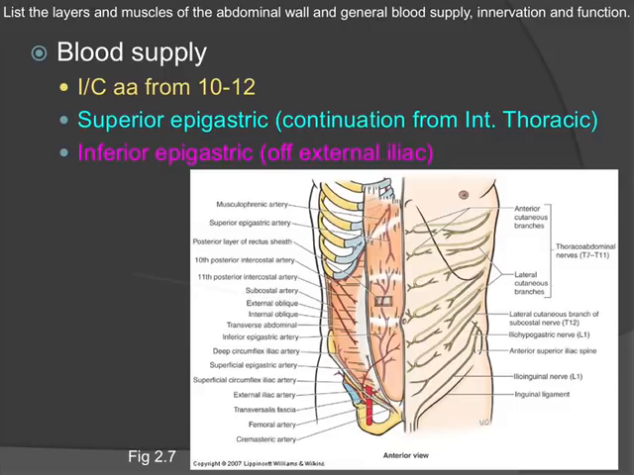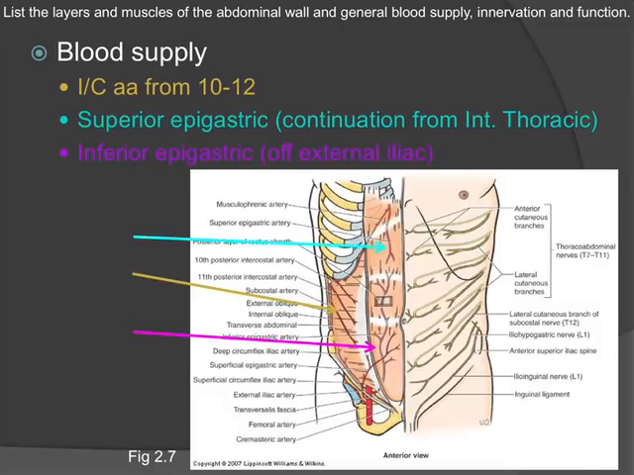So starting with blood supply, 3 major blood supplies to the anterior abdominal wall, and those are listed here. In yellow, the intercostal arteries, which are running in the intercostal or the costal groove, are going to extend from the ribs toward the lateral abdominal wall to supply that region. In blue, we have the superior epigastric artery, which is an extension from the internal thoracic artery above. And then we have the inferior epigastric artery in purple, which is off of the external iliac artery from below